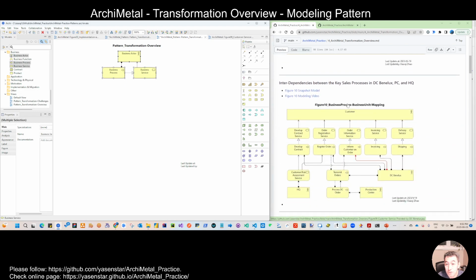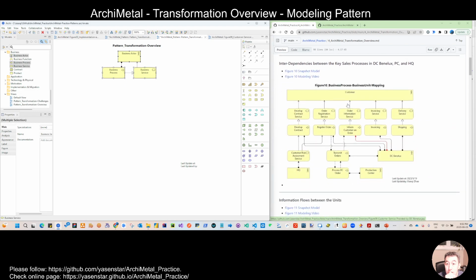And then let's move to number 10. It's a little more detailed modeling, including this process and the unit. Something we already have in these first 3 layers. And then we have the business service also serving the business process. So we have this link. So let's make